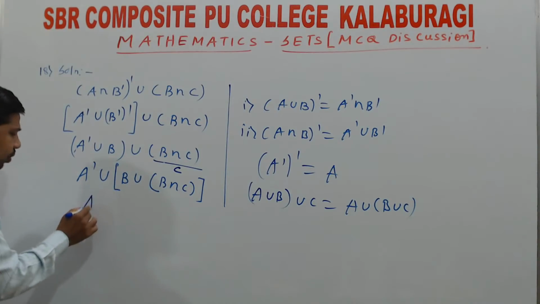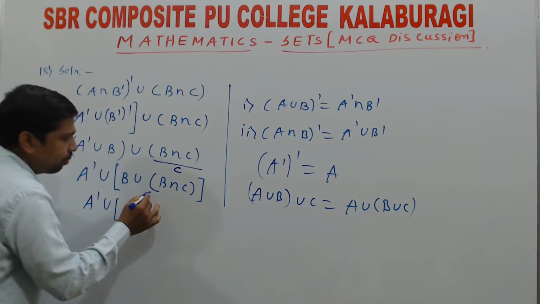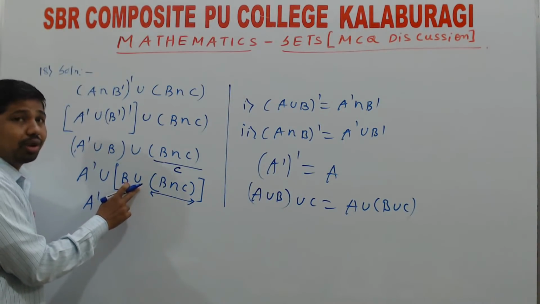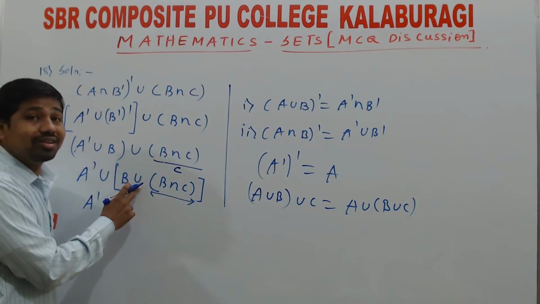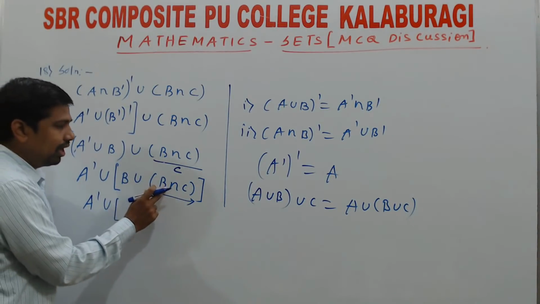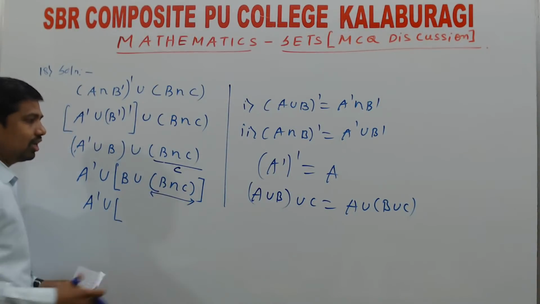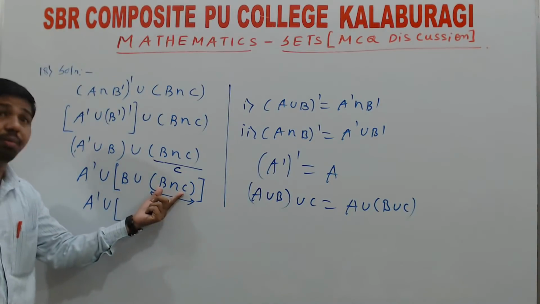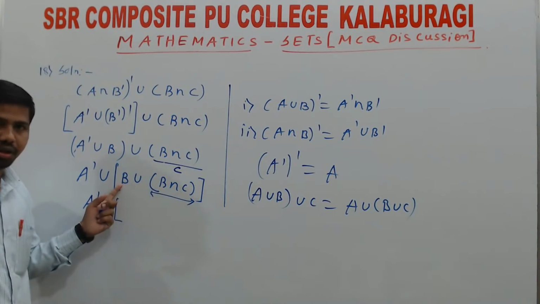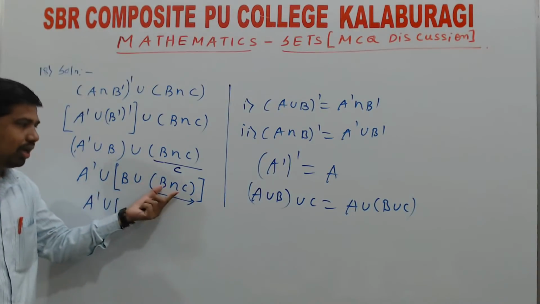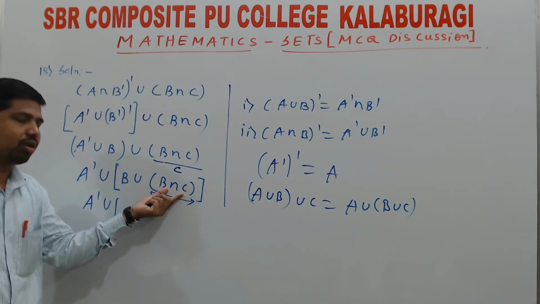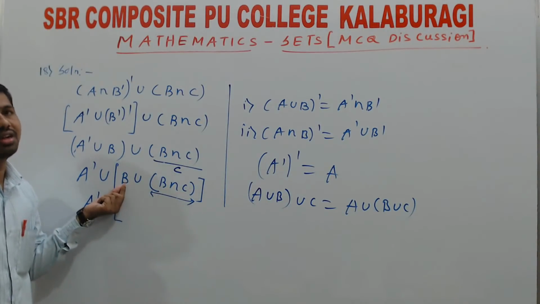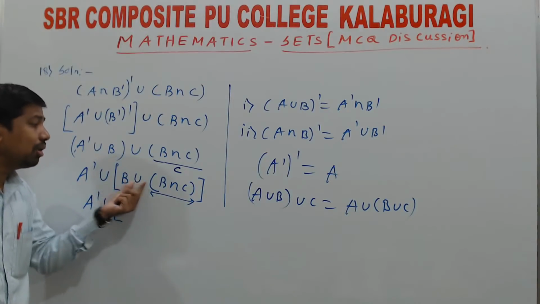Next, when I take the union of A' with B ∪ (B ∩ C), whenever I take a union, what output do I get? The bigger set. So B ∩ C: every element of B ∩ C is also present in B. That means B is the bigger set, and B ∩ C is the smaller set. So any element in B ∩ C is already present in B. So I can take B ∪ (B ∩ C)